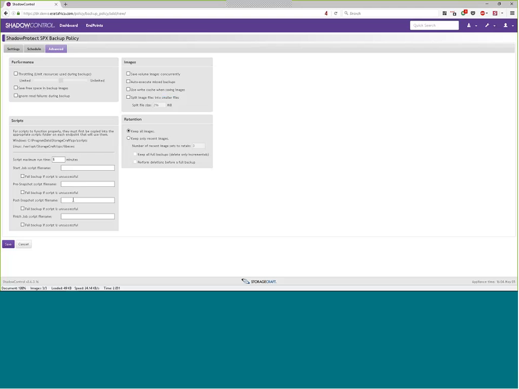And then there's also various scripting options. So you can do things that would typically not be part of the backup policy, but that might be necessary. So maybe you've got an old legacy application where you've got, say, a finicky database server.